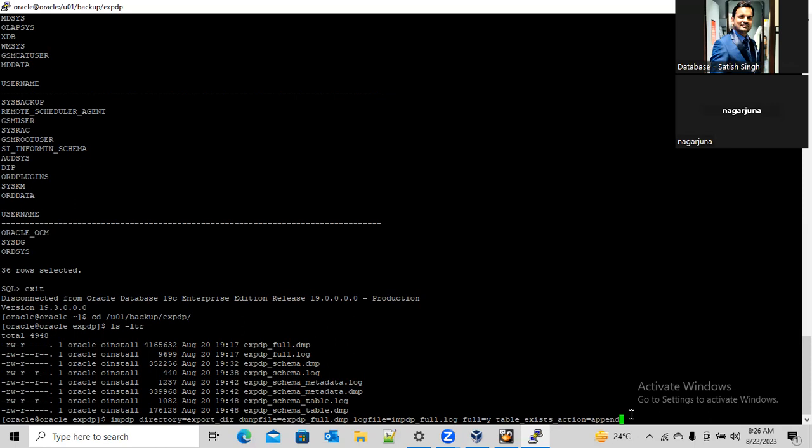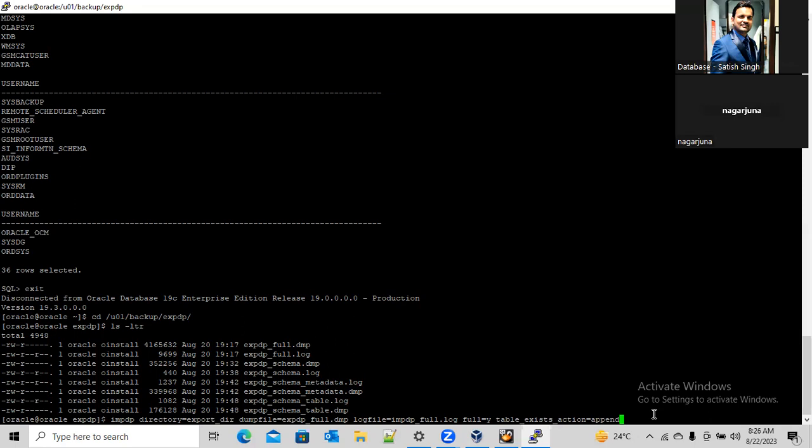If you drop that table and then restore, it will restore all 11 lakhs rows again. But if you use append only, what it will do is skip the 10